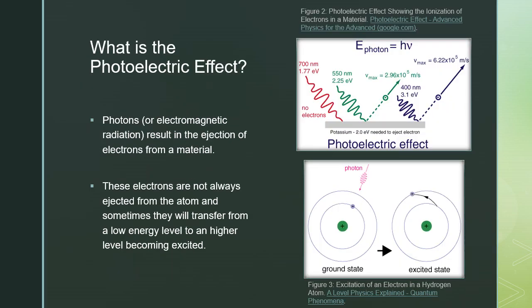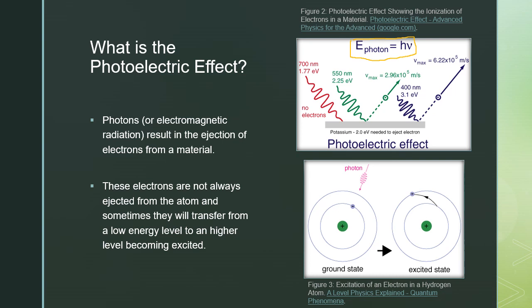Just for a bit of review on this topic, as many of you already know, the photoelectric effect is a phenomenon discovered by Albert Einstein in 1905, and it describes the ability of electromagnetic waves, such as photons, to eject an electron from a material. This equation is hopefully one you recognize by now. Energy equals Planck's constant times velocity, and it is used to determine the velocity of an electron ejected from a